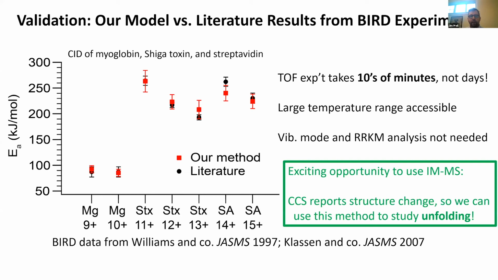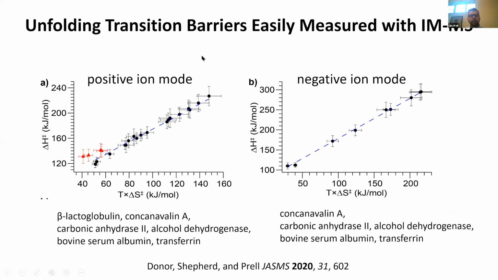So this offers an exciting opportunity to use ion mobility-mass spectrometry because we don't have to use dissociation, i.e. a change of mass, as our readout anymore. We can actually just look at a change of collision cross-section, like you'd see in a collision-induced unfolding plot. So that's exactly what we did for a library of protein standards, as you see indicated down here. And we were able to use our Eyring model to derive the barrier enthalpies and entropies in both positive and